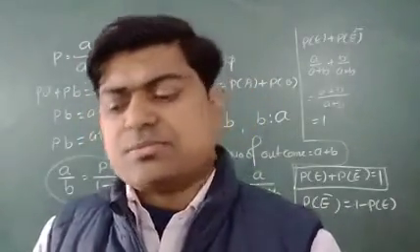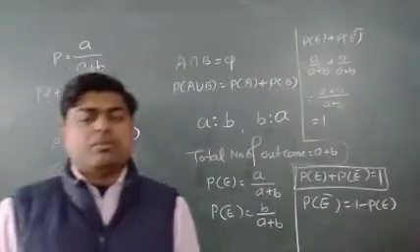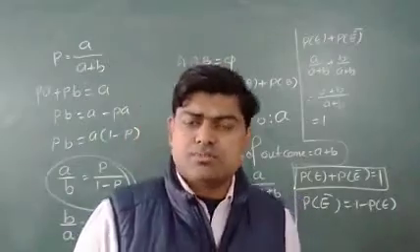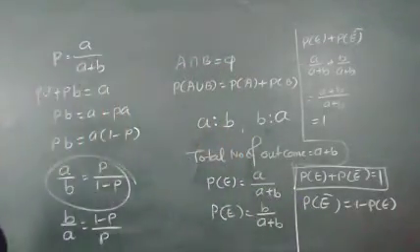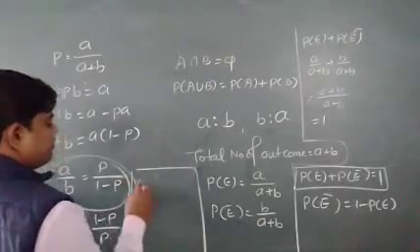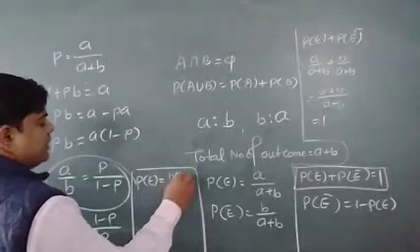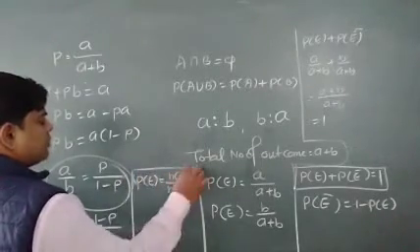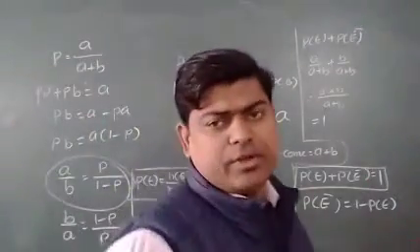Now the next exercise, 15.3, totally depends on the simple probability. We are not going to apply any theorem or rules there. Simply, probability is equal to that formula. Again I am writing: probability of an event is equal to the number of elements in E upon the number of elements in S. I have followed this one, and then easily I can find the probability of any event.